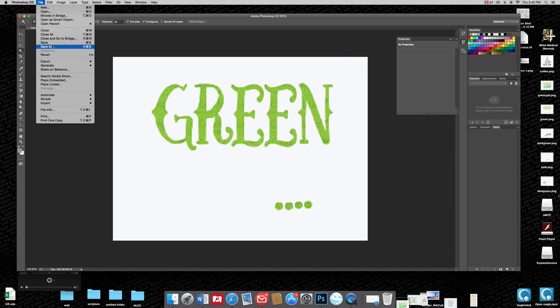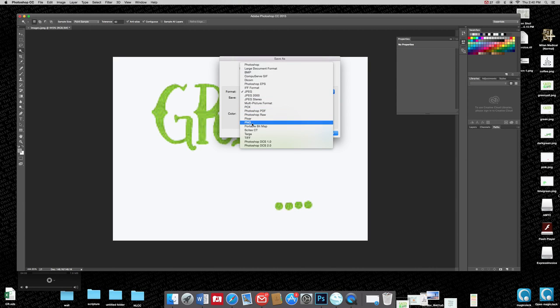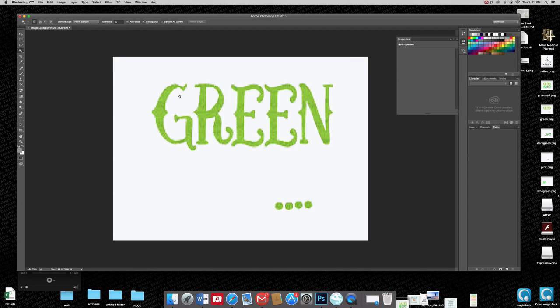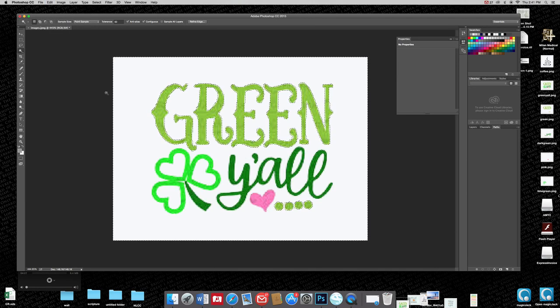So then you want to just go to Save As, and save it as a PNG again, and I just label mine green, okay? That way I know where to find it. So then you want to go to Edit and Step Backwards, or if you're working on a Windows, just choose Control Z. Okay, that takes you right back to this, and then you go ahead and do your next color,